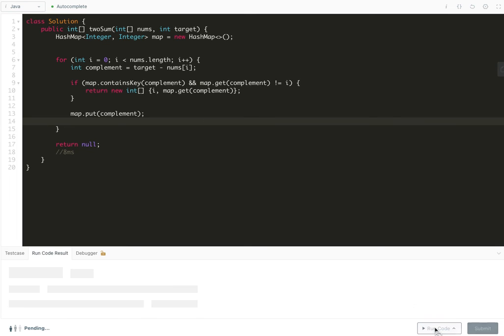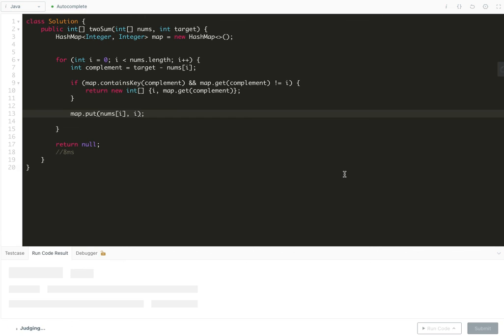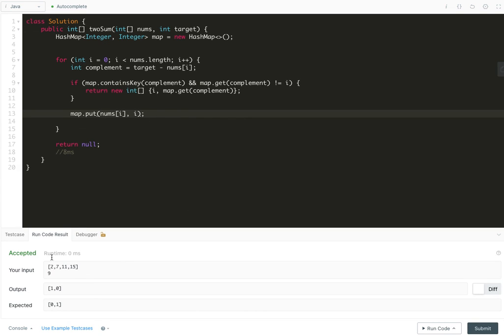And if I run the code, map put, not the complement, the nums i, my bad. If we didn't find a solution, we add the nums i to our map. Yeah, I forgot about the index, sorry. Okay, and we put the index, so we put our number and its index, and we submit. It's going to be correct, and this time it's 4 milliseconds. Wow,